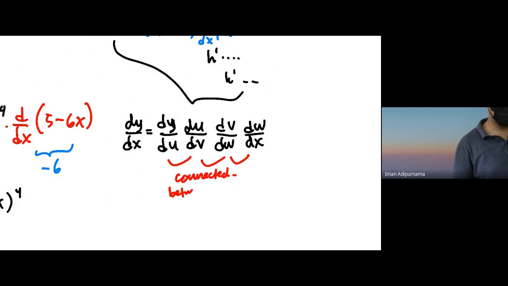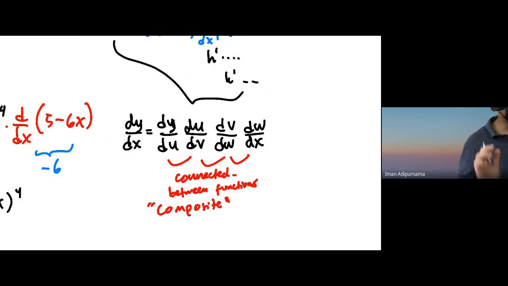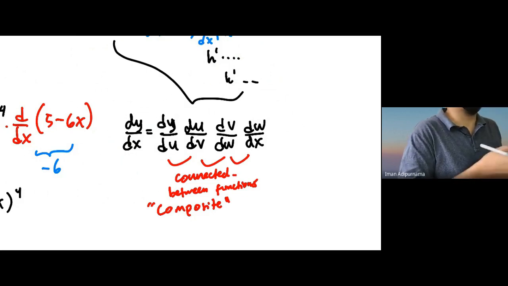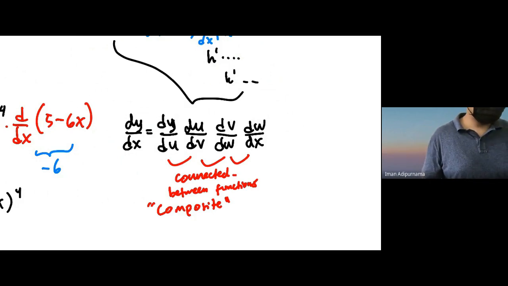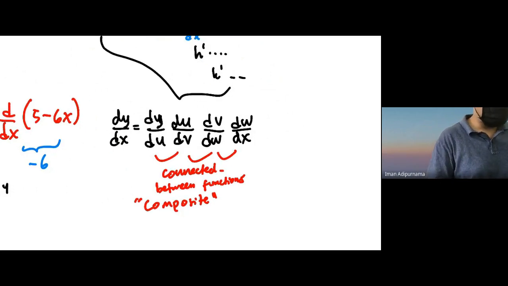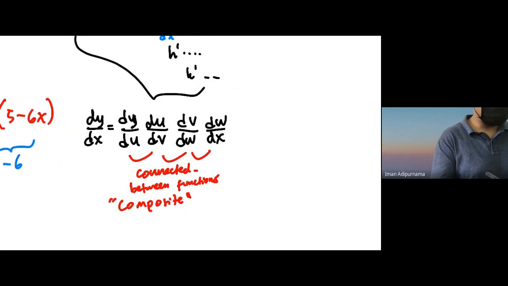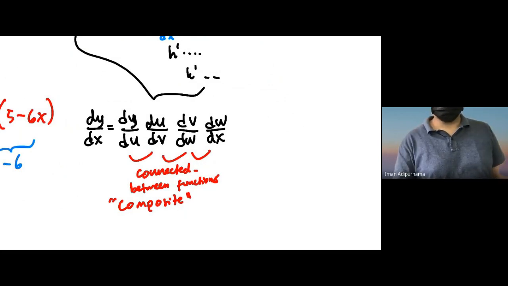between functions, because you know that it's because of the composite. So because it's connected, when you derive, you need to also connect the functions inside. Okay, and you can have as many as long as possible. You can have that. Okay, I think